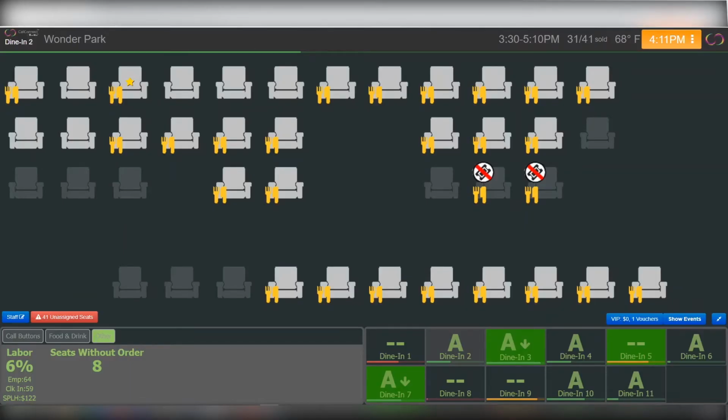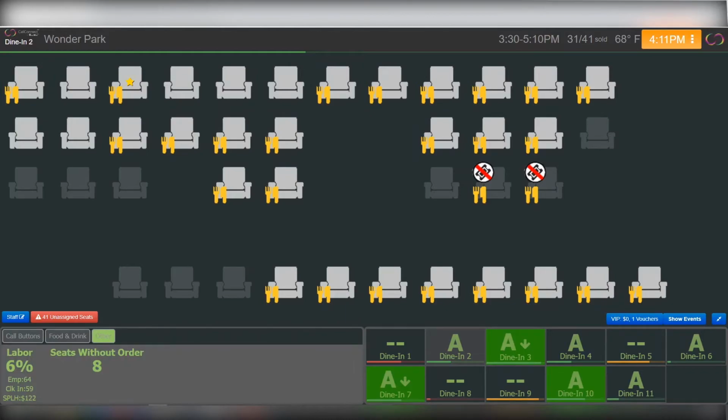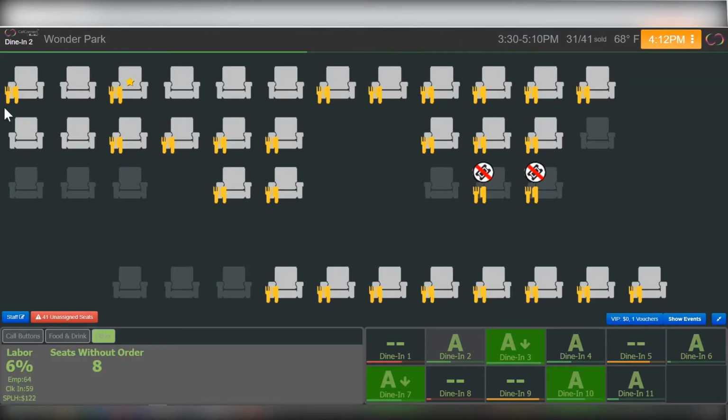Here's an example of a customer that has a split food ticket. At first glance, it looks like this seat has a food order and it's just themselves. But if you click on the seat, you'll see that it actually includes 2 additional seats that are over on the other side of the aisle. This may be that that particular person is sitting here, but they're also paying for these people. Maybe their kids are sitting with their friends, but he wants to sit in the corner where he doesn't have